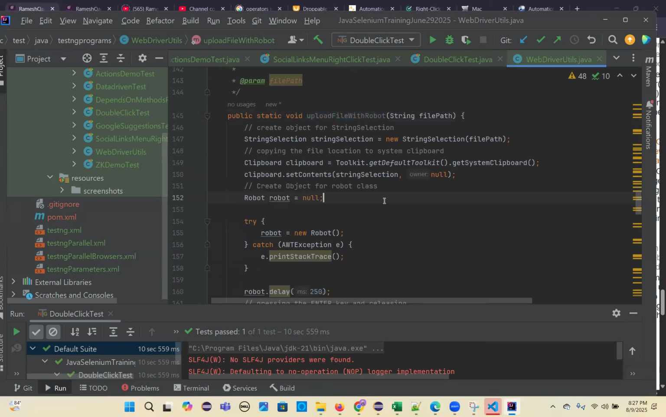So basically, uploading files with Selenium is not possible directly. You don't have anything to upload files. If there is an input box to type the values, then it is possible. Then you can use the sendKeys method. In the sendKeys method, you can give the complete file path. Then it will type. But if you don't have an input tag for file upload, like in Gmail,